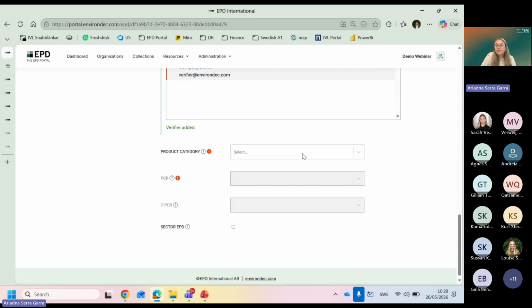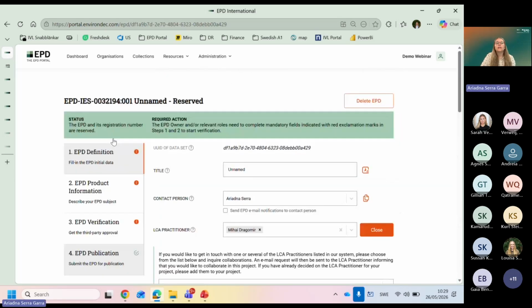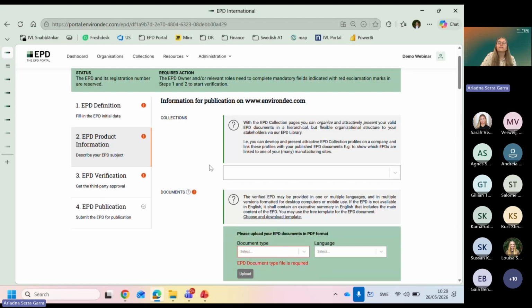And then here you define the PCR, and then you follow the steps. As I mentioned, product information. So you have to just fill out all the mandatory